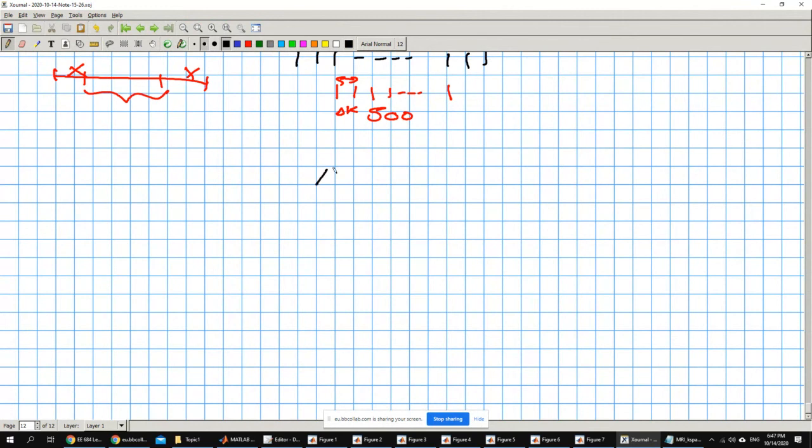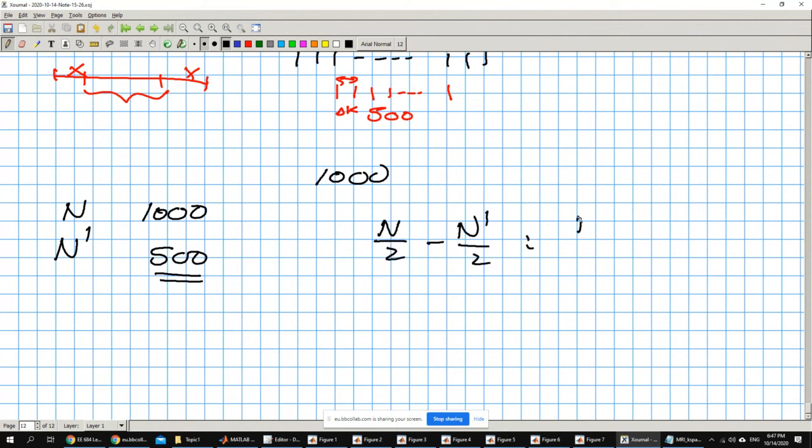If I have 1,000 points, I compute the size, which will come out as 1,000. The new n dash will be 500. I want to take 500 points from the middle of this array. What should I do? I start from n over 2 minus n dash over 2 to n over 2 plus n dash over 2 minus 1. If you compute this range, it will be